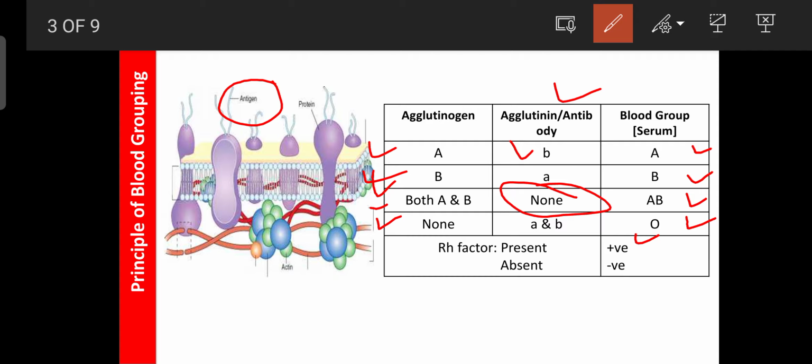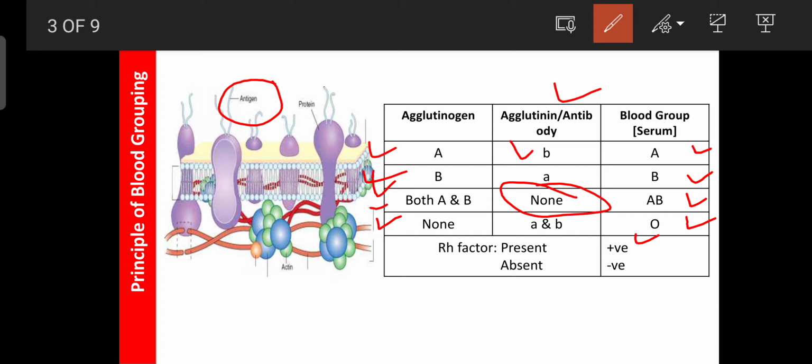Positive people can donate to positive people only, they do not donate to negative people, but negative blood group people can donate to positive as well as negative in the respective chart. The O negative blood group can donate blood to all: AB, ABO positive as well as A negative, B negative, AB negative, O negative. But O negative can receive blood only from O negative, while O positive can receive blood from O positive as well as O negative.